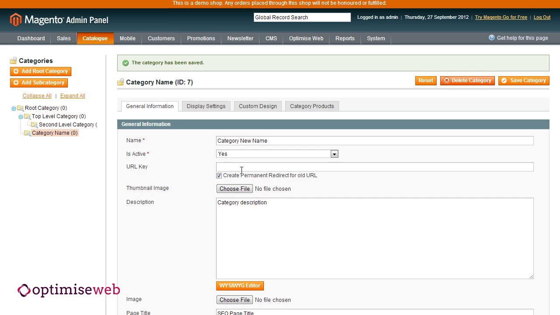By leaving the redirect option ticked on, Magento will create a permanent redirect to automatically forward all traffic coming into the old URL to the new URL. Untick this option if the new name has nothing to do with the old name or URL. For example, untick the redirect option if you renamed a category called shoes to watches. You do not want Google or your visitors who clicked on the old shoes link to land on the new